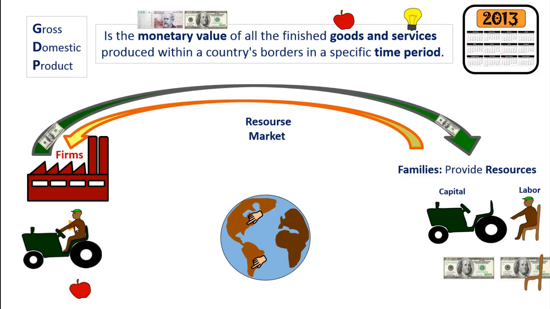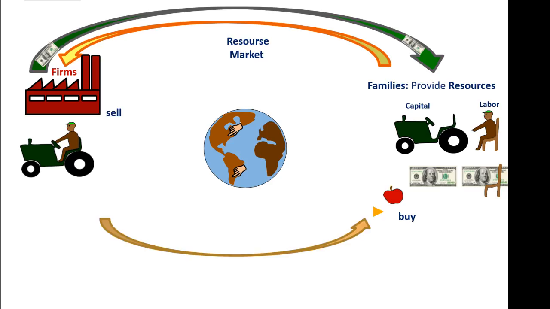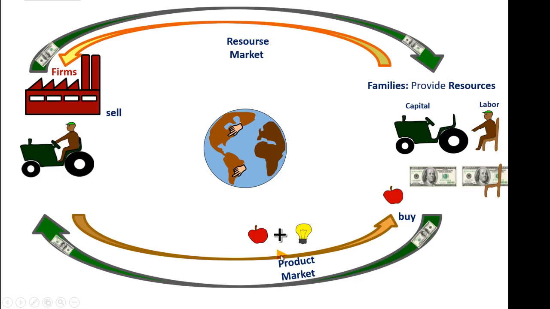Capital and labor produce goods and services that the firms sell and the families buy. So this apple travels in that direction, not only apples but also all of the goods and services produced in the country. This flow is called the product market, and the money that the families pay for these goods and services travels in that direction. We are mainly interested in the flow of money that circulates clockwise